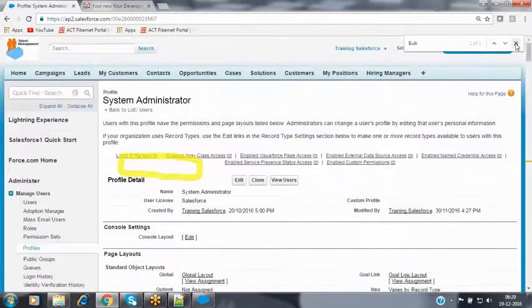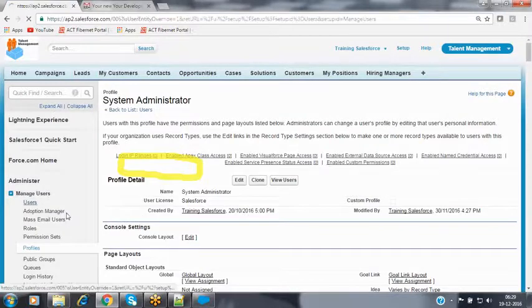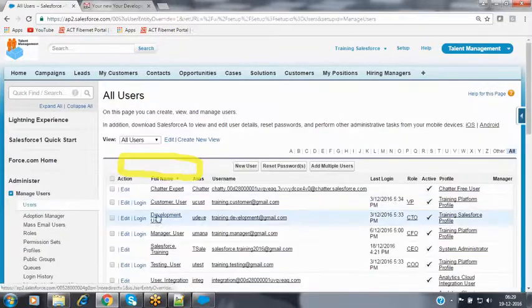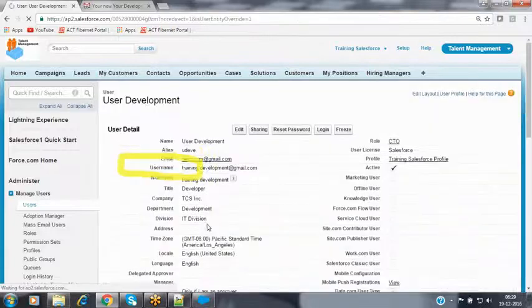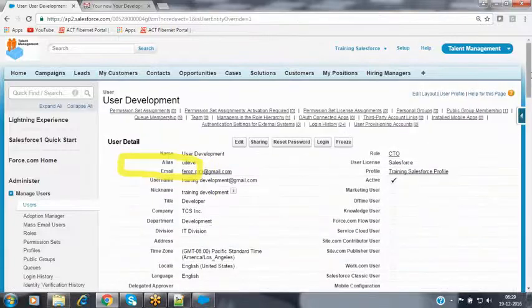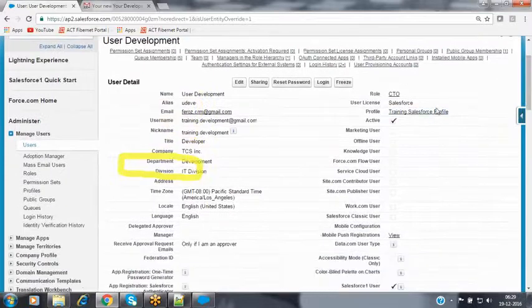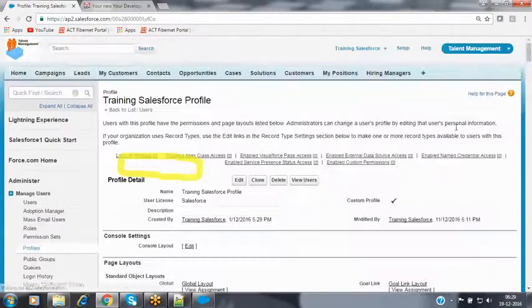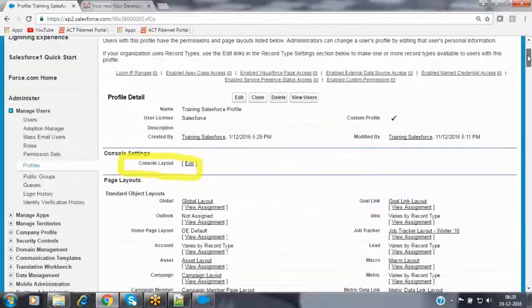Now we'll see practically. I am enabling this particular option for one of my users, that is the development user. Click on the development user. Go to his profile, that is nothing but the training Salesforce profile. Click on the edit button.